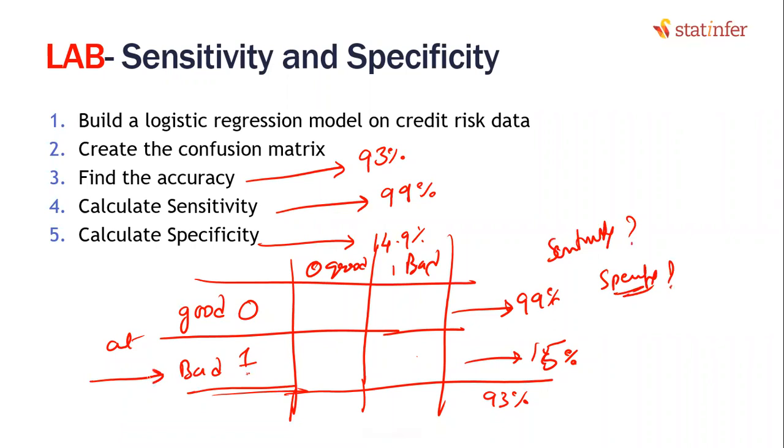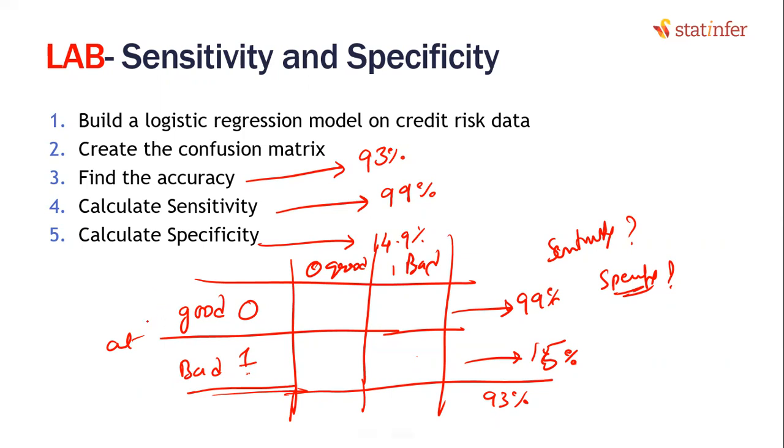Specificity, we have discussed that, right? Think about it. If a customer is bad, I have to eliminate them. Do you agree with that point? If a customer is bad, I have to make sure that I don't give any bad loans. If a customer is good, is it okay if we reject the application, even if the accuracy is less there? At least to a certain extent, it's okay, isn't it? Maybe we cannot reject everything.